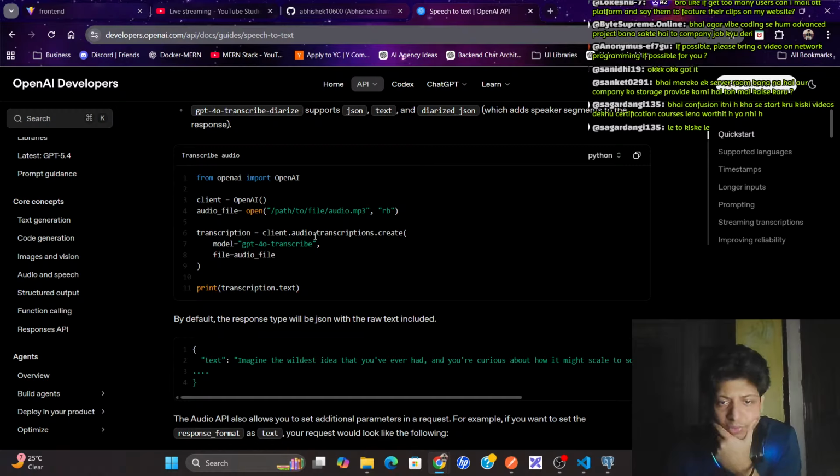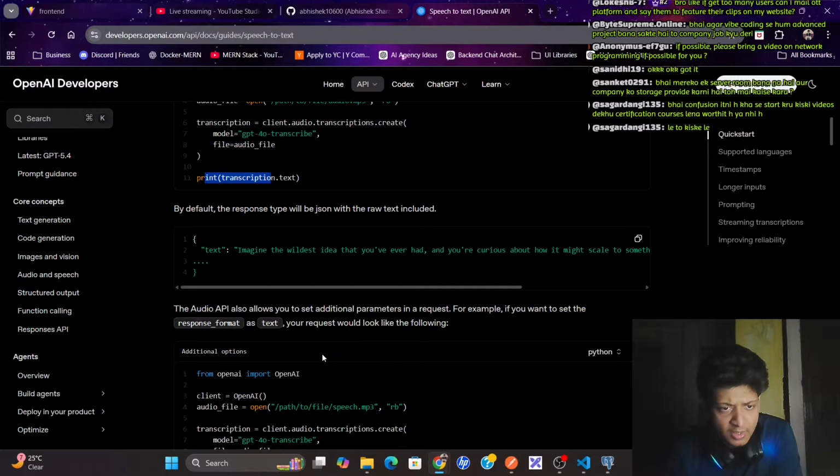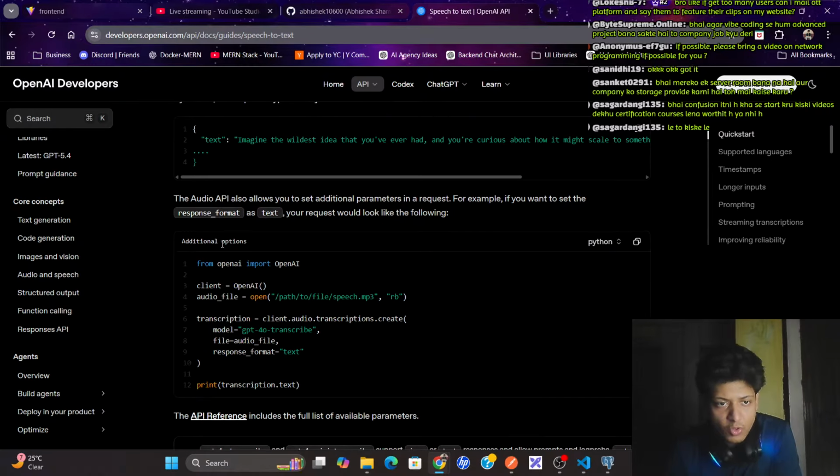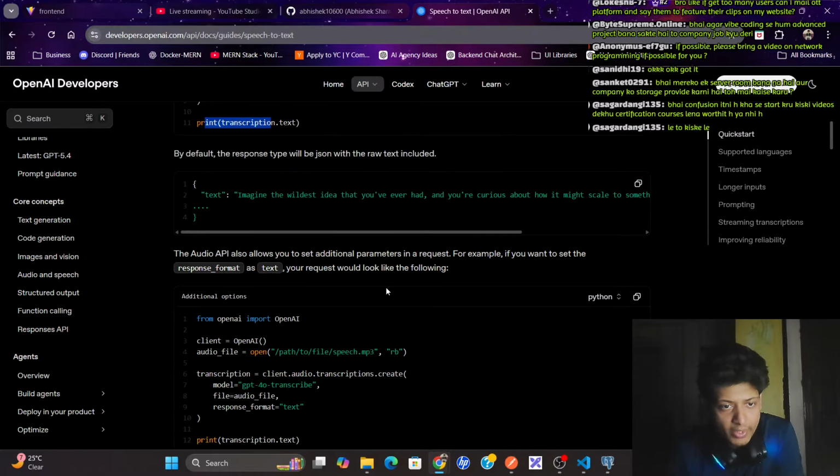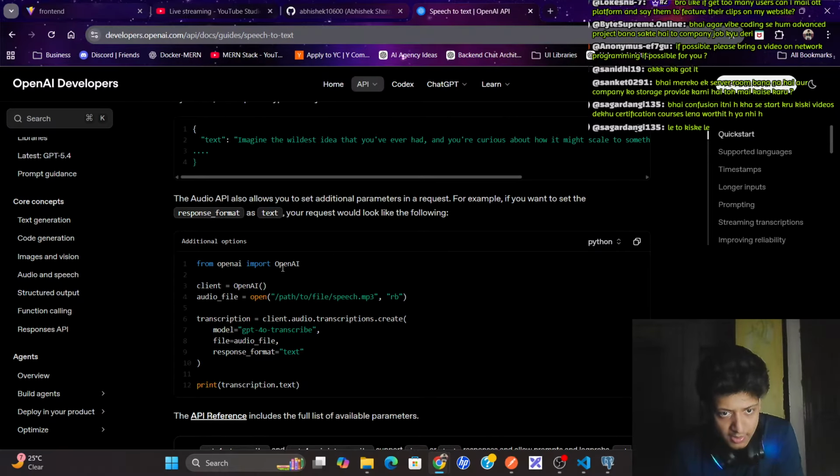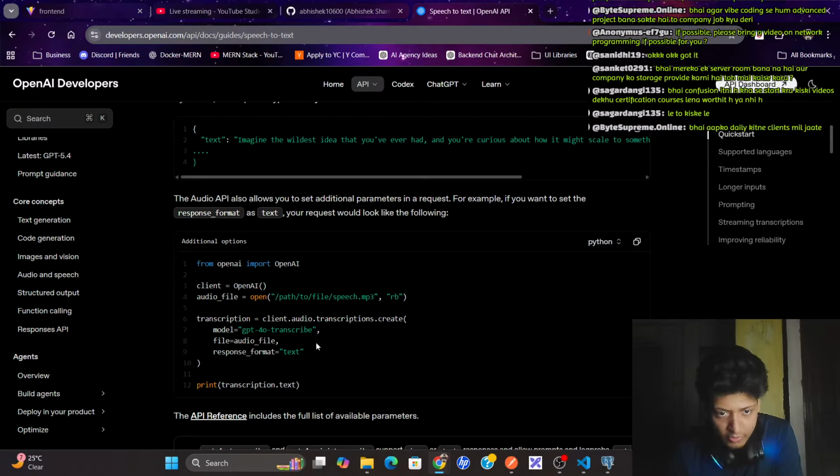Okay, file, audio. I have to pick up a file, an audio file, and then pass the file to this model, and we get the transcription dot text. By default the response will be a JSON with the raw text included. The audio API also allows you to set additional parameters in a request. For example, if you want to set the response format as text, your request would look like the following. Import OpenAI client, transcribe, create with model and file.